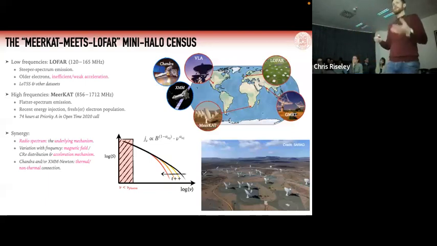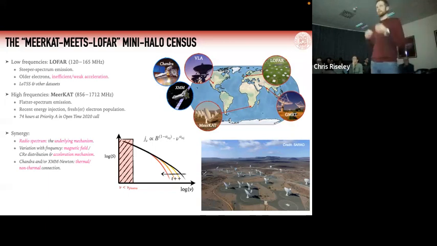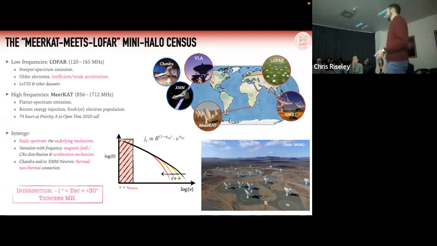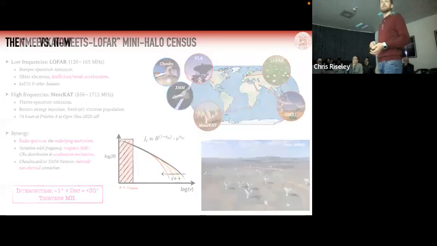So now this synergy gives us access to the spectrum, which gives us access to information on the underlying physical processes. However, these telescopes are, of course, on opposite sides of the world from each other. So we have a relatively narrow window of intersection between roughly Dec -1 to Dec +30. And so we get a sample of 13 mini halos, which is a reasonable size sample and represents more than a third of the known population at the time. So this is a good statistically significant sample to work with.